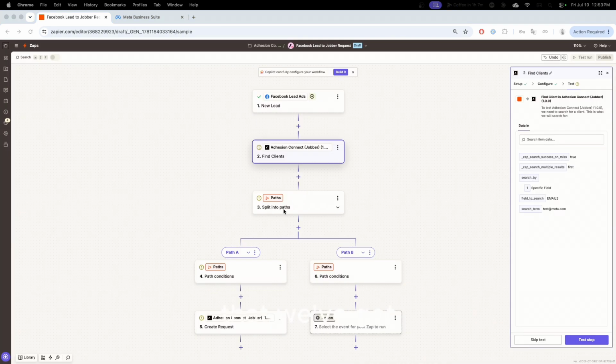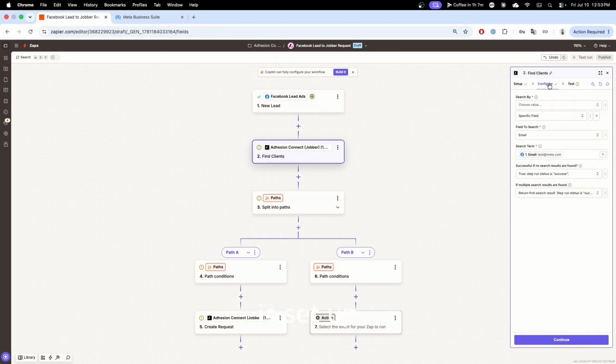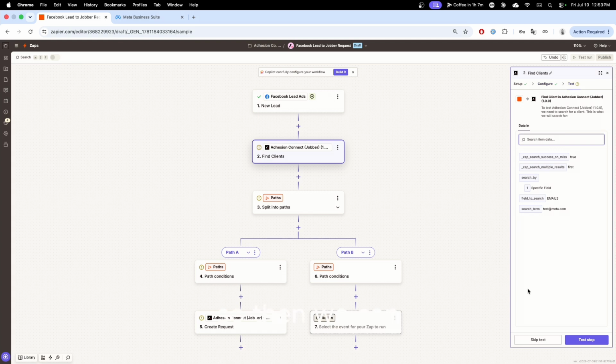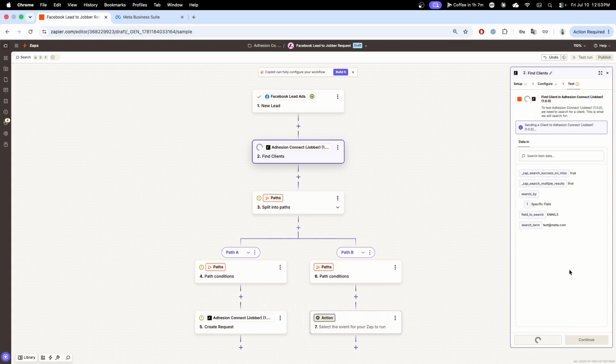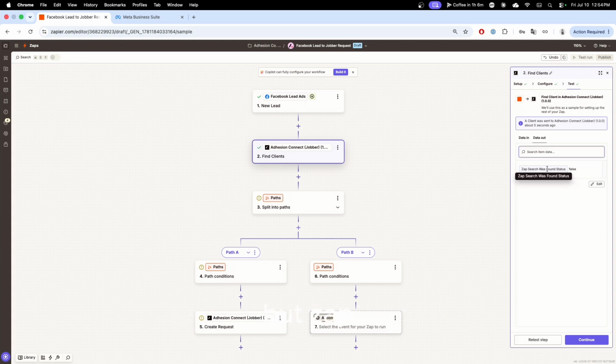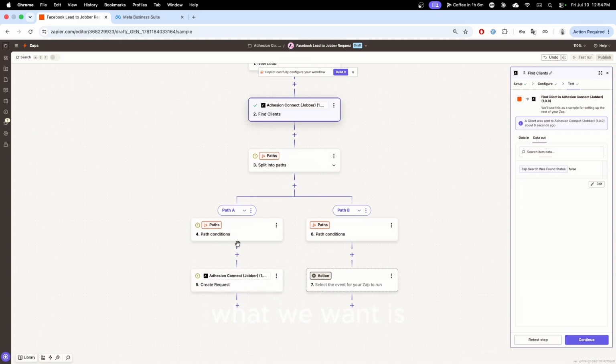All right, so now that we've got this path added here, we first want to make sure that this step here to find clients is set up, and we want the successful if no search results are found to be true. So then we can test this here. And obviously we're not going to have a test at meta.com, but Zap search was found status is false. So here what we want is